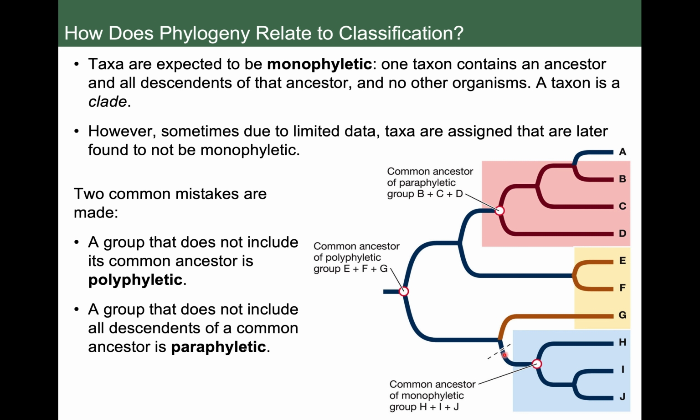And there are a couple of common mistakes that happen. You can end up with what are called polyphyletic or paraphyletic taxa. A polyphyletic taxon is one that does not include the common ancestor. So we see this group here, right? We really needed to extend this group all the way back to include this common ancestor back here. Whereas a paraphyletic taxon includes the common ancestor, but it's missing one of the descendant species. And you might look at these and say, well, duh, why didn't they just draw the box like they should